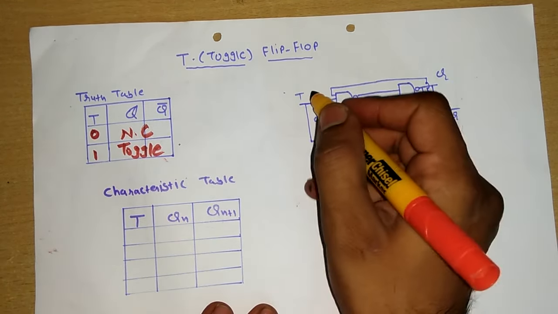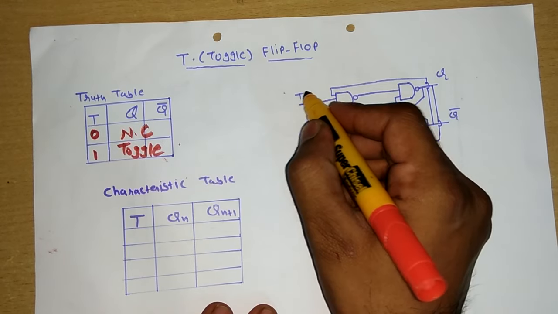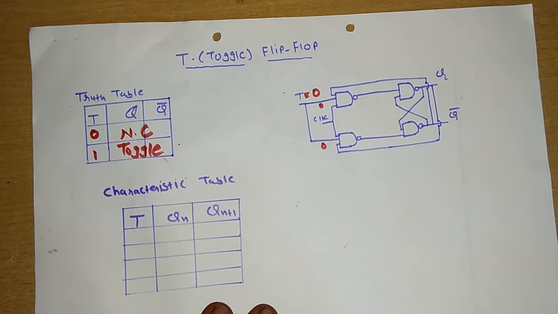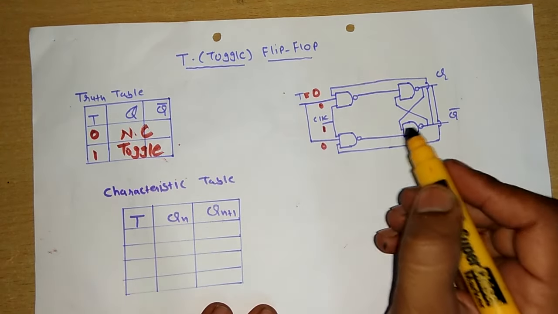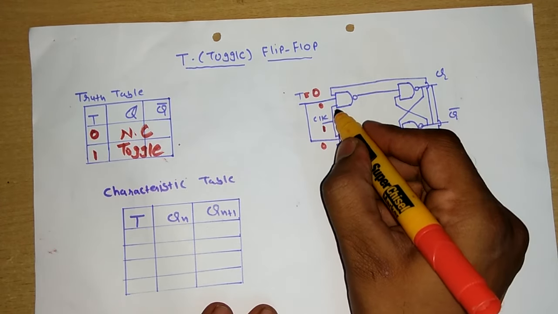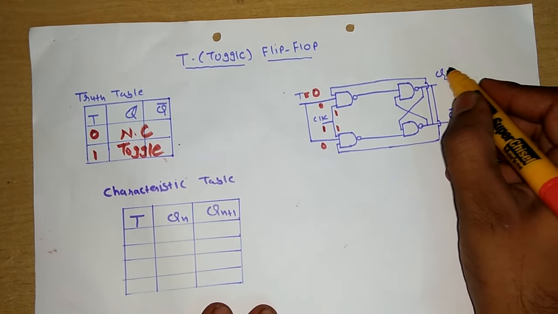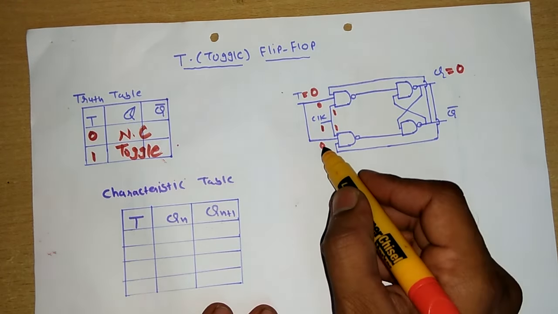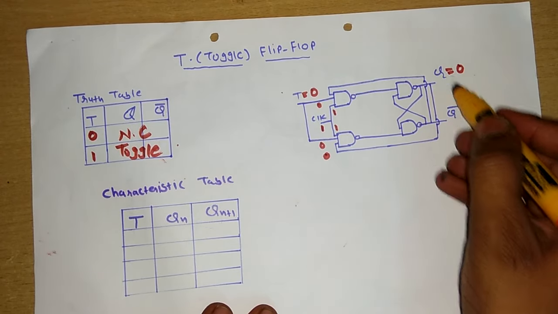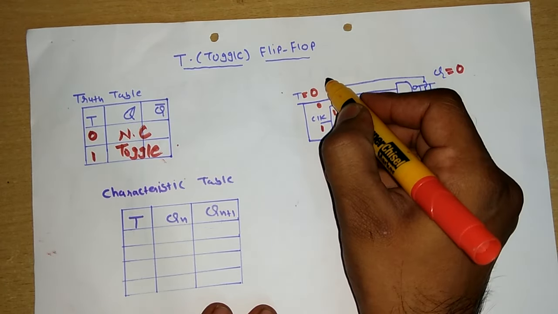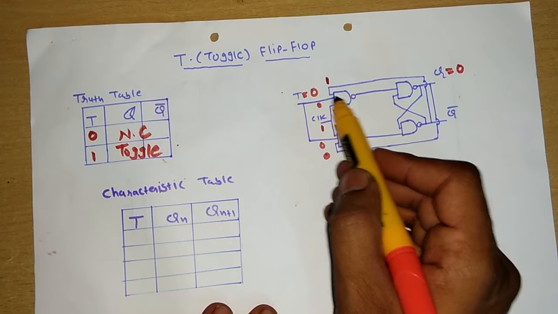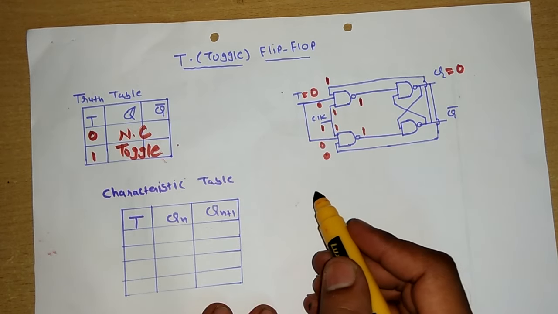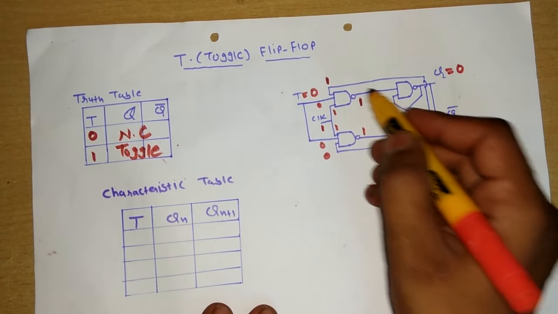See, if I make T equal to 0, two inputs of this become 0. And I am assuming, let's say, my clock is 1, because I am assuming positive edge. So here two inputs are 1, 1, and let us say that your Q is 0 initially. So this 0, due to this cross coupled connection, is given over here, and if Q is 0, Q bar becomes 1, and that 1 is transmitted at this end. Now if any input of the NAND gate is 0, obviously your output becomes 1. You do not need to check any other cases. So this 1 comes over here, this 1 comes over here.